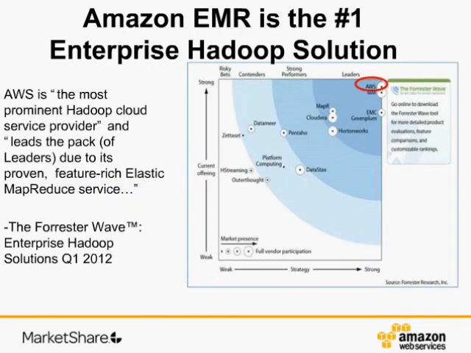In terms of just where we sort of stand in the industry from an analyst perspective, Forrester recently indicated that we were deemed the #1 enterprise Hadoop solution. And you have the Forrester wave here with AWS in the upper right. And the selection criteria for this and why we were selected as being the leader in enterprise Hadoop is really,